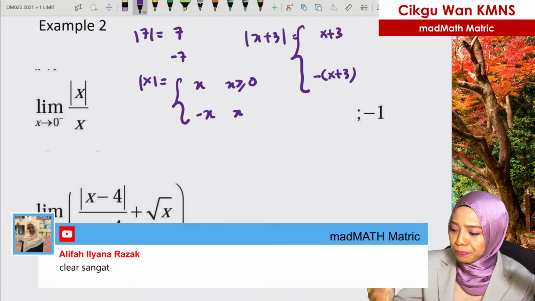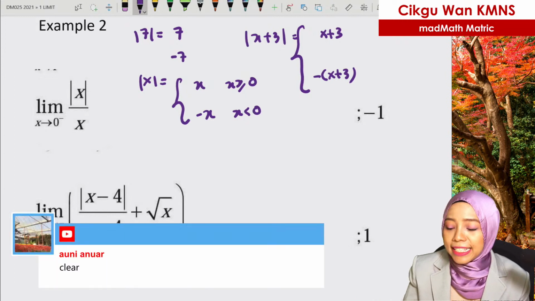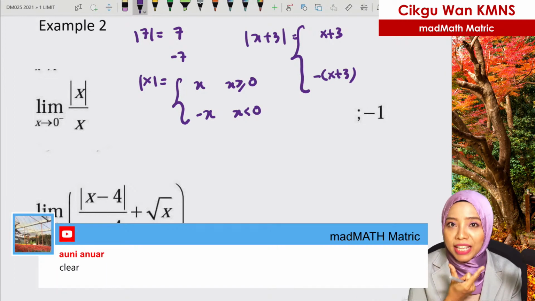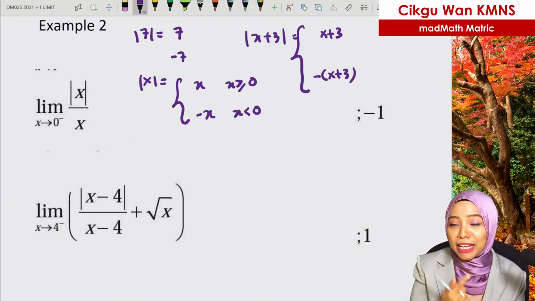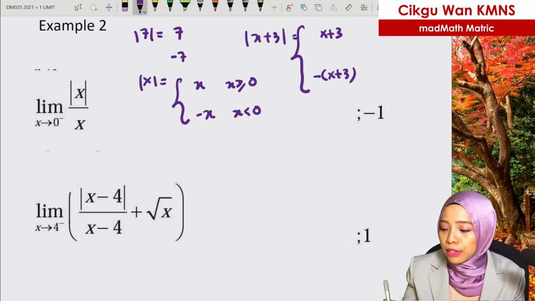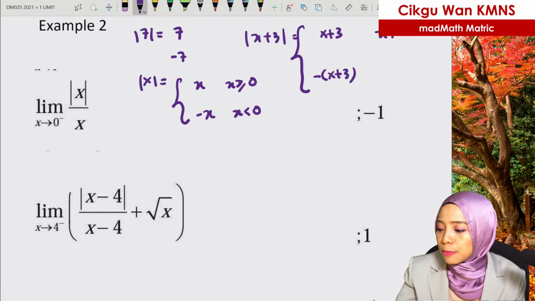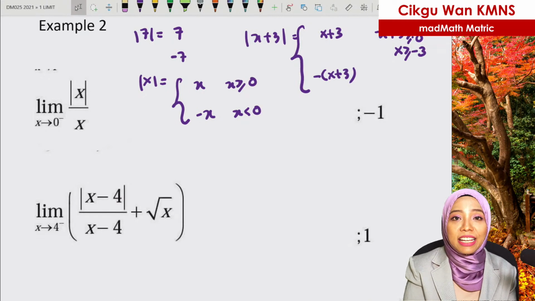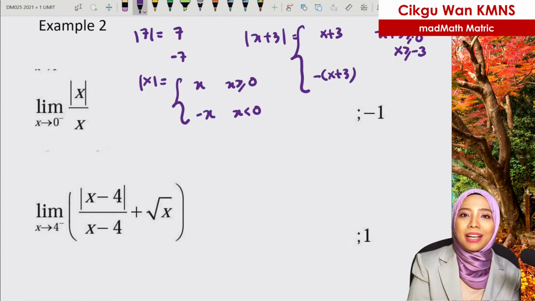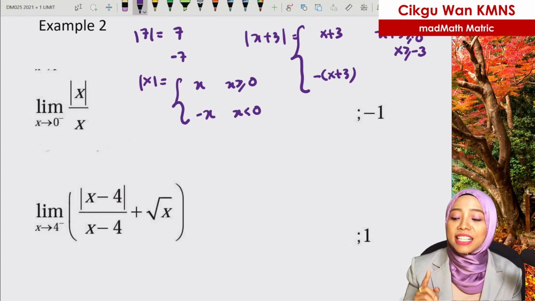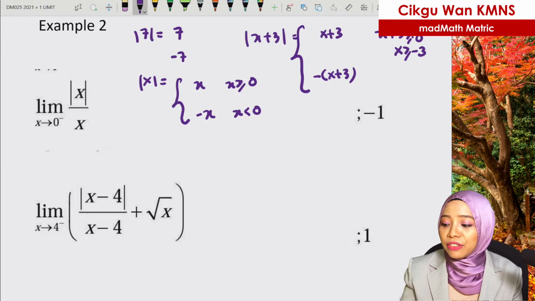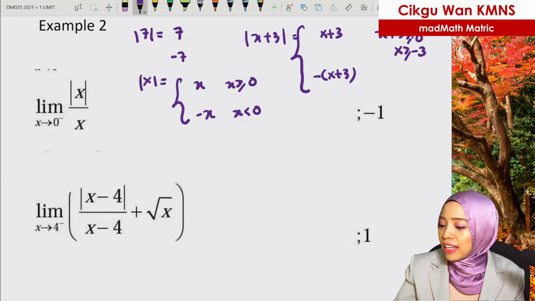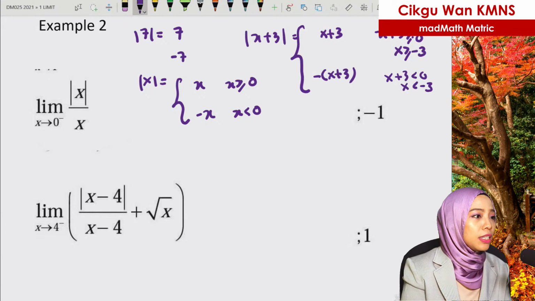Okay, we continue. Here x is less than 0. That is an alternative way. You say in words that it is negative, but then you present it in a mathematical notation. You write down x is less than 0. Same as this one, x plus 3. So x plus 3 is greater than or equal to 0, so x is greater than or equal to negative 3. Yang ini perlu tunjuk? Tak perlu. Conteng je kat mana-mana. What matters is that x is greater than or equal to negative 3, and you will use this function. Now, x plus 3 is less than 0, so x is less than negative 3.